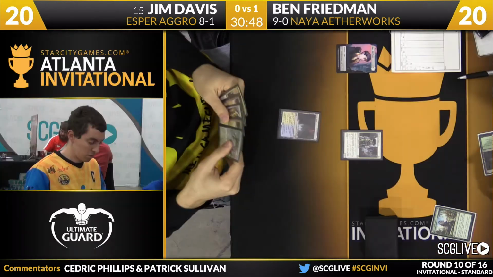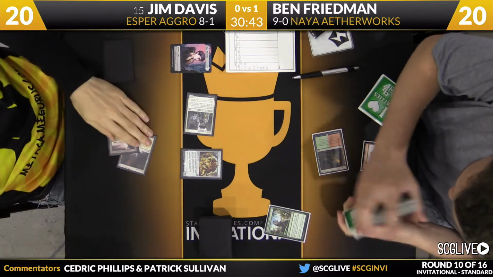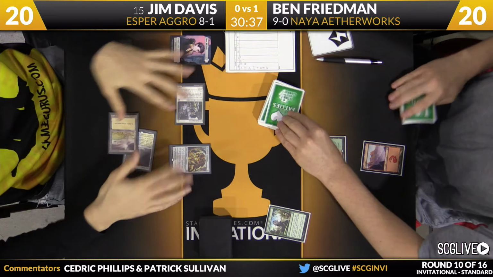Over to Jim Davis we go. It's a Plains, attack for 1, and now a Scrap Heap Scrounger. And this is where the Esper element of the deck comes in. I would still like to know what that pause was for so I can tell the viewers